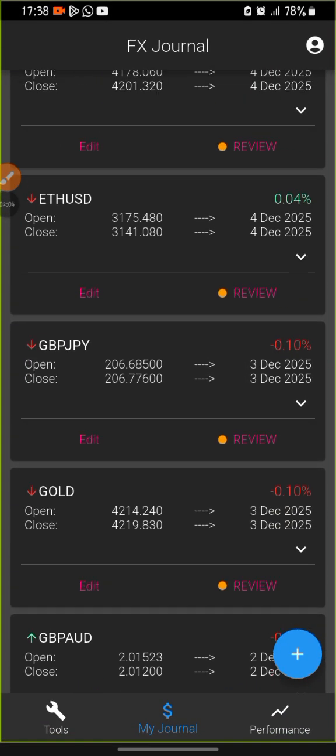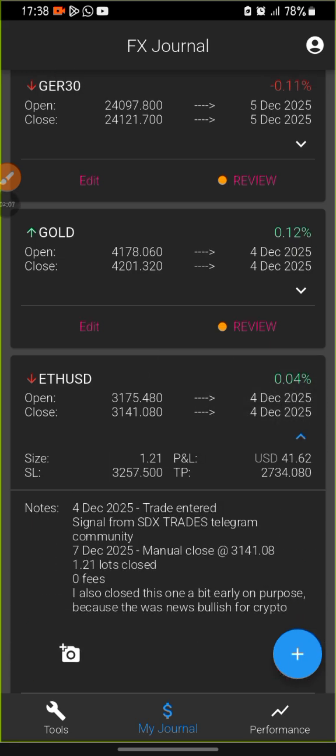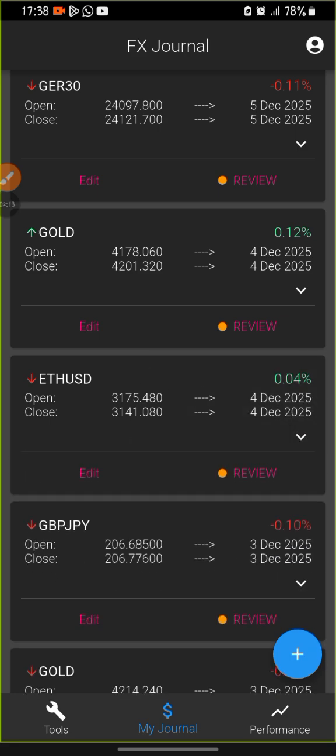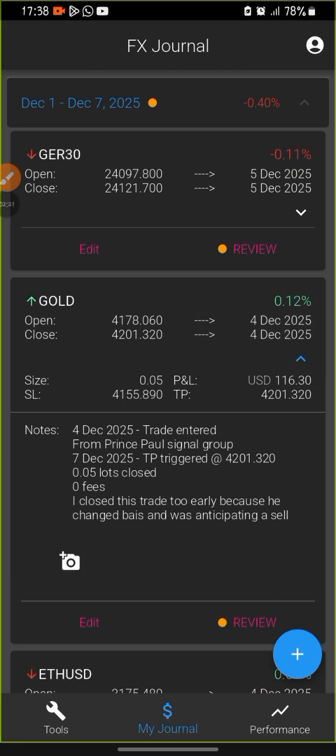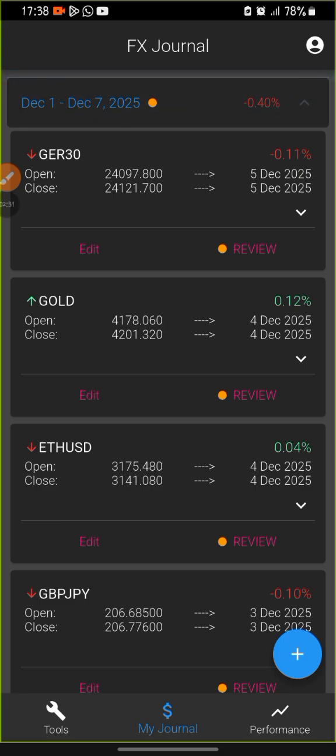The next trade I took was on Ethereum. Yeah, no picture, but that trade was actually a signal, and just $40 on gold. I took a trade on gold, which was actually like a $100 take profit, also a signal. I actually closed it a bit early. Then the last trade which I took of the week was on German 40, and this one I've already done the update on my strategy. So this loss was, I did everything right, but I still took the loss.